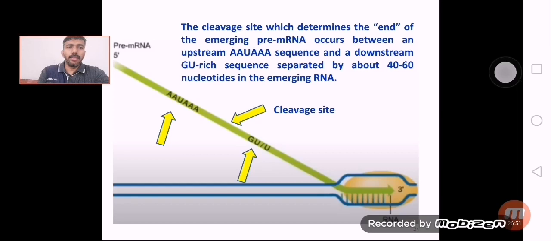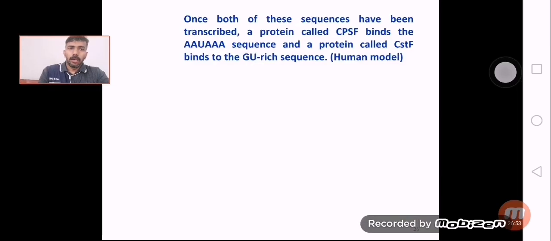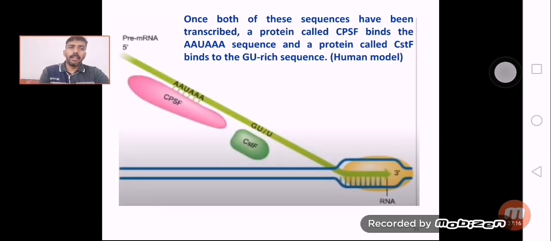So in the next phase you can see, this part will be transcribed. Once the transcription is completed, certain external proteins called CPSF will bind to the AAUAAA sequence. CPSF is nothing but cleavage and polyadenylation specific factor. Another protein called CstF, the cleavage stimulating factor, binds to the GU-rich site, and then